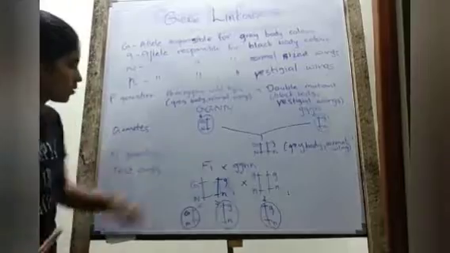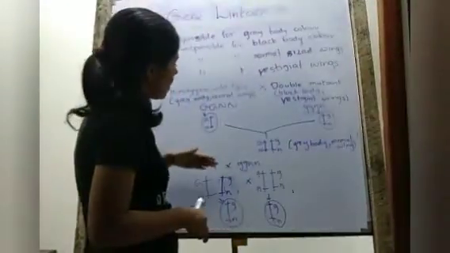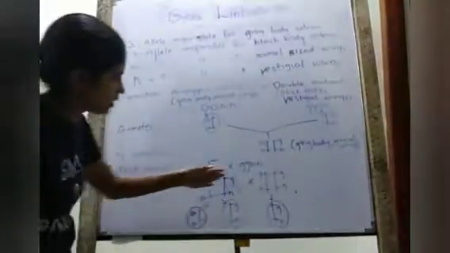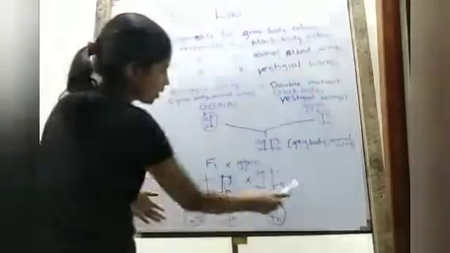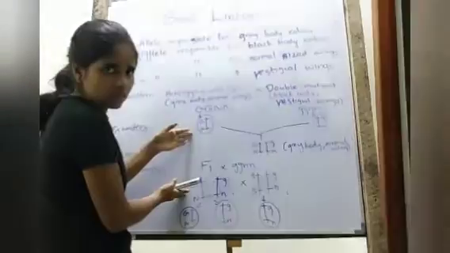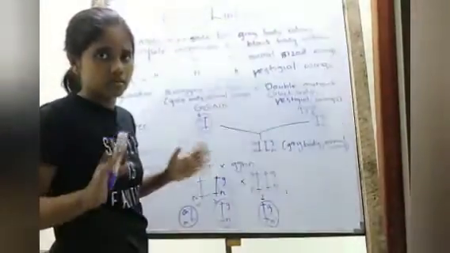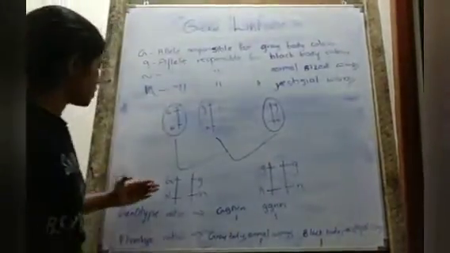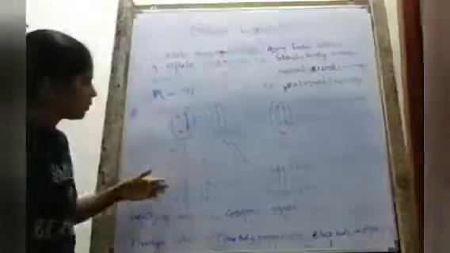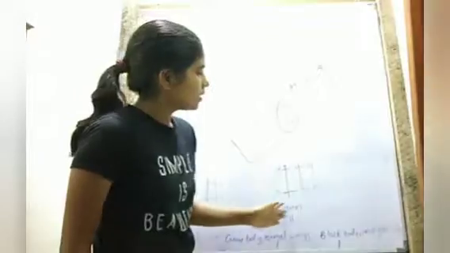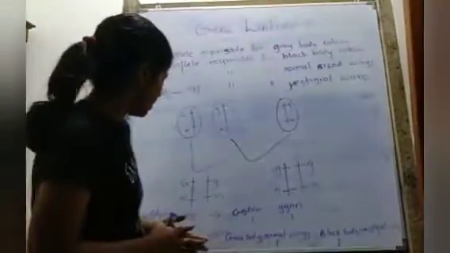And then we do the test cross. F1 generation is crossed with the homozygous recessive condition, simple G, simple N. So this is what is drawn here. We should always remember during gene linkage, organisms and gametes should be drawn like this, since the alleles are not separated. Okay. So these are the gametes formed. So in the F2 generation, we get these two results: capital G, simple G, capital N, simple N, and the completely homozygous recessive condition.